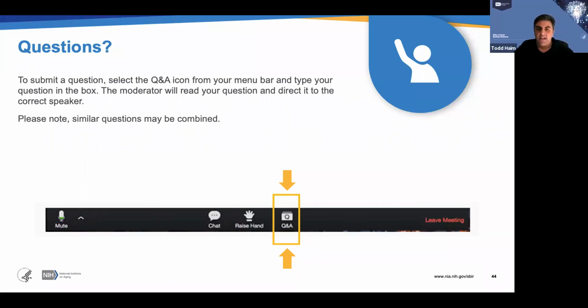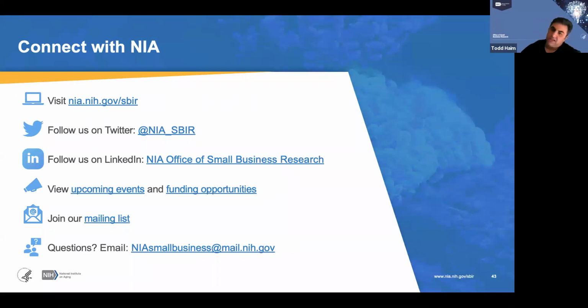There is not per se an STTR equivalent for this RFA. However, we would accept STTRs through the omnibus. But definitely if you think that you're relevant for this RFA, I would definitely suggest speaking with Chhanda and Rebecca. And the U44 type mechanism may still fit. So we can definitely guide you through that if you send us a names page, and we can have that conversation.